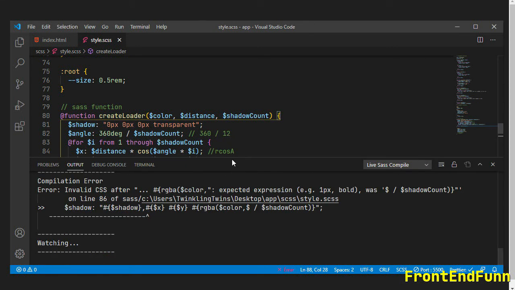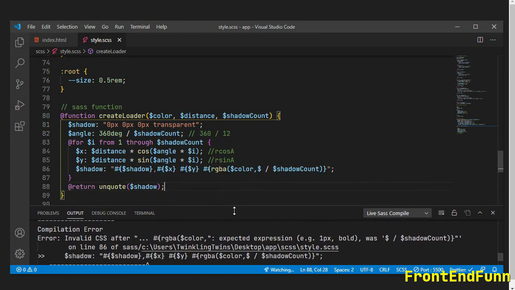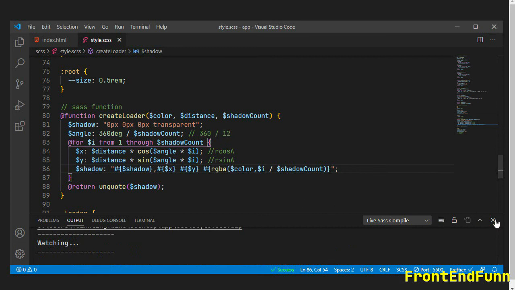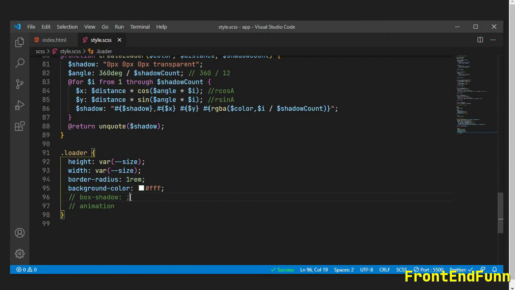Okay, so we are having some issue here. Let me check. And I forgot to add. Okay, so the mistake was I forgot to add the $i value here. Okay, finally we'll call the create-loader function and pass the params.